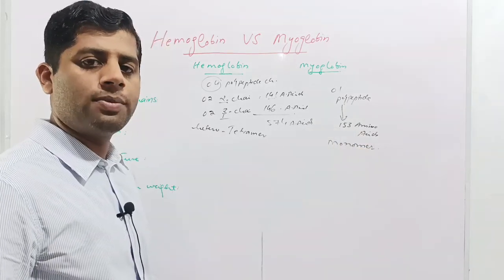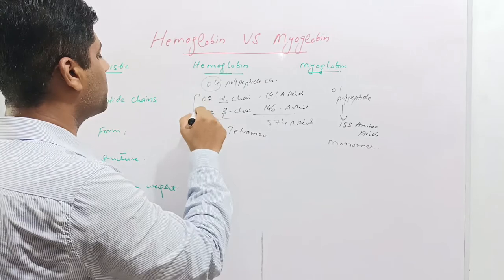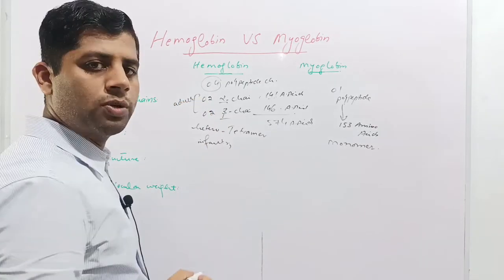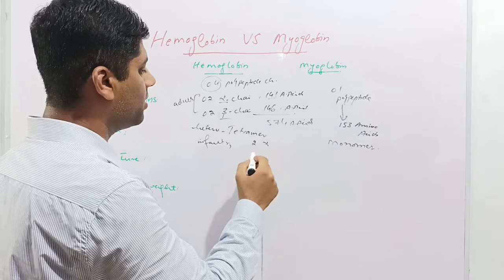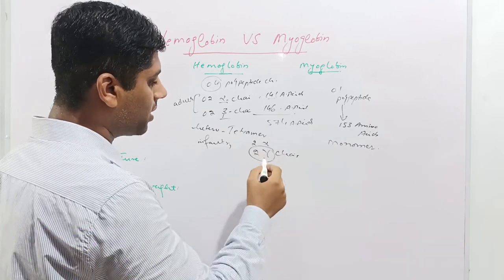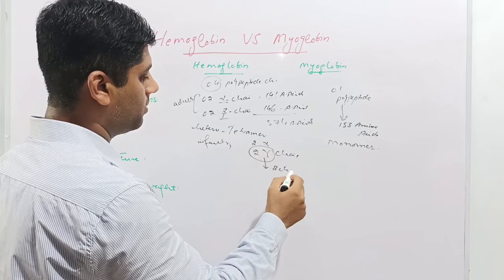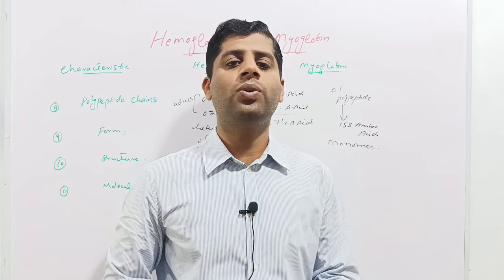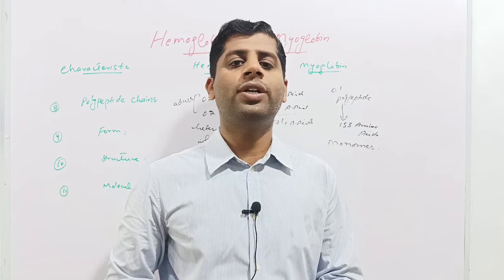It should also be kept in mind that these polypeptide chains are present in the adults, while in case of infants there are 4 polypeptide chains, 2 alpha chains and 2 gamma chains. Later on, these gamma chains are converted into beta chains. So hemoglobin of the infants has 2 alpha and 2 gamma chains, while hemoglobin of adults has 2 alpha and